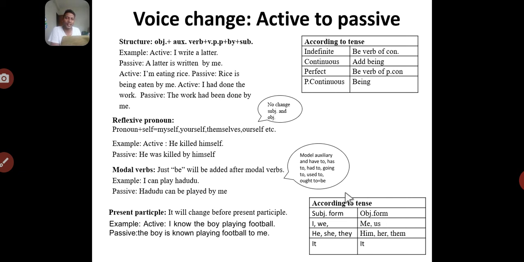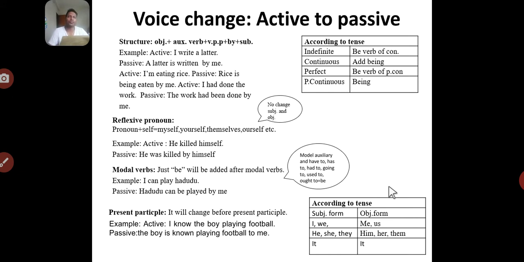Here are some subjective and objective forms of pronouns: I is me, we is us, he is him, she is her, they is them, and it is it. We have to memorize these subjective and objective forms of pronouns. And this structure, all three of them, are most important to change